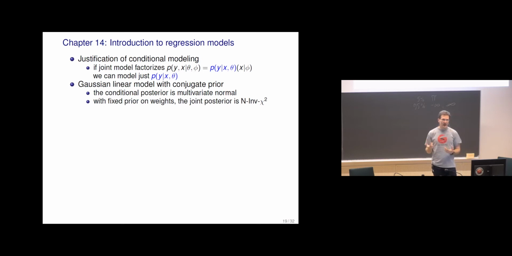But if we have both unknown noise variance and unknown prior scale on weights, then we go beyond the fully conjugate case, and then there's a discussion of Gibbs sampling,